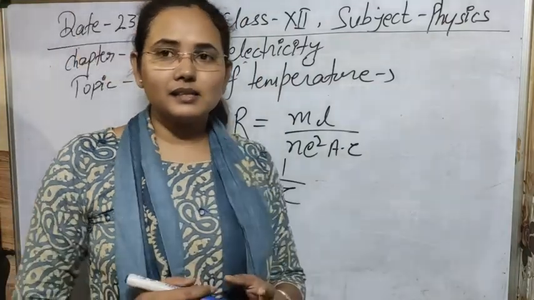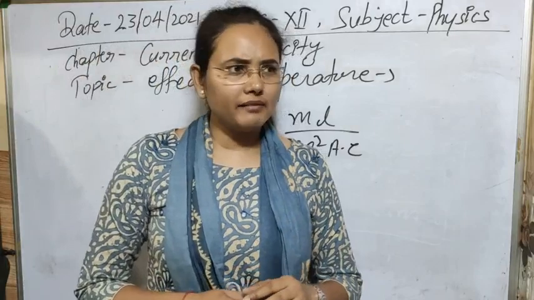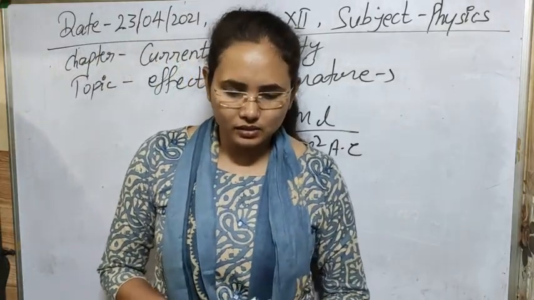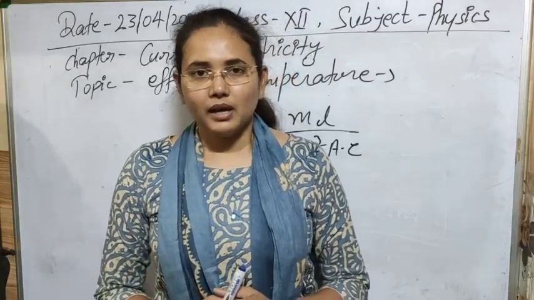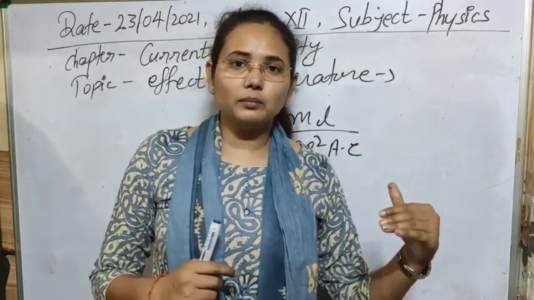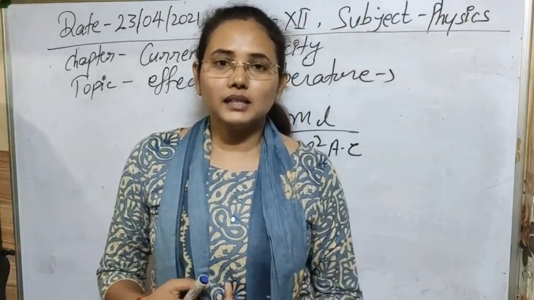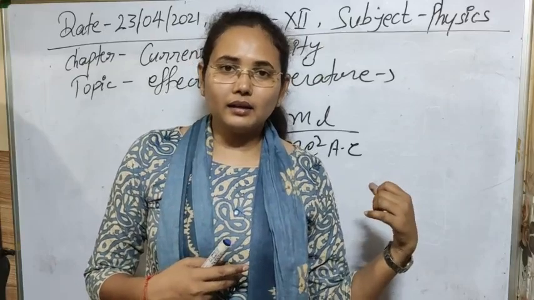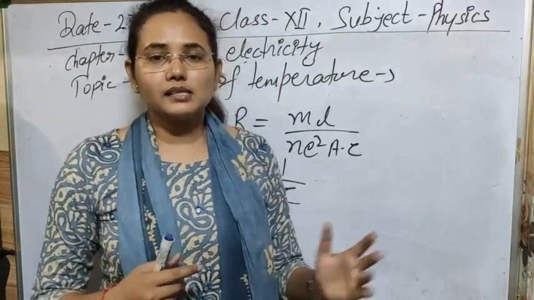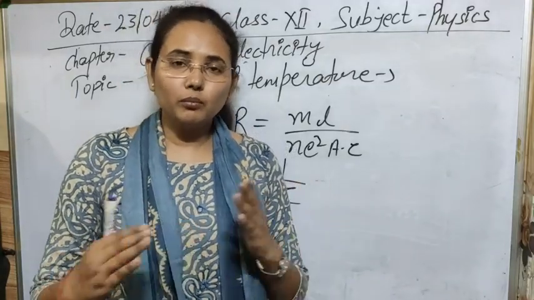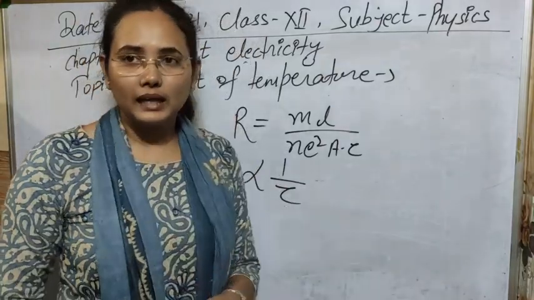It means that the average relaxation time will start to decrease. Why is it decreasing? In any system we have a large number of atoms and electrons, and some electrons that are near the positive plate will reach more frequently due to the change in kinetic energy. The greater time is taken only by the distant electron, but the nearer electron may reach more rapidly. Due to that, this time will decrease and resistance will increase.